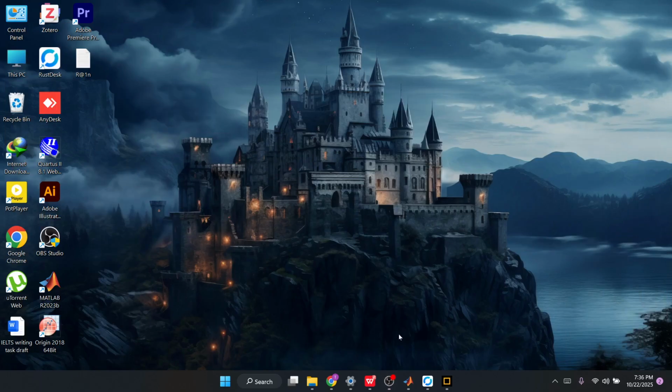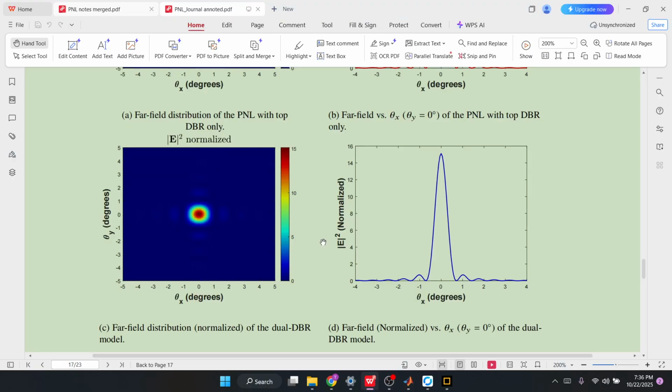Okay, so in this video we will try to see how we can obtain the far field distribution or far field pattern of an illumination device. In this case, I have chosen a work of mine where I have tried to extract the far field profile of a laser. So in the left figure, we can see the far field distribution actually of a laser,